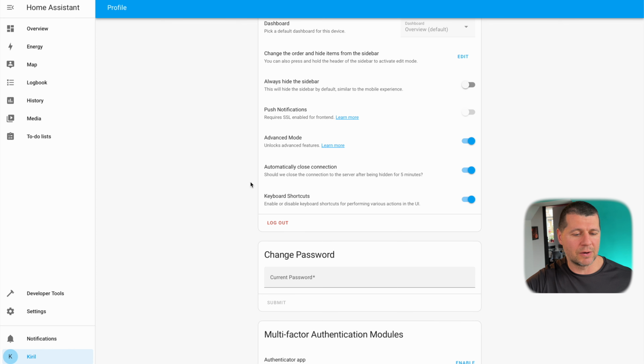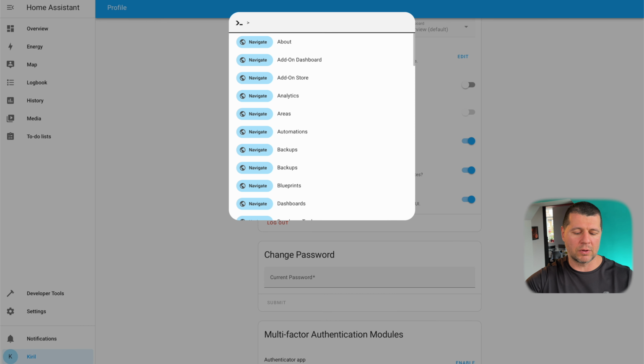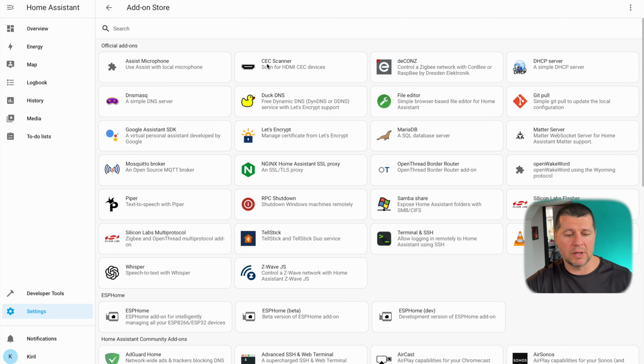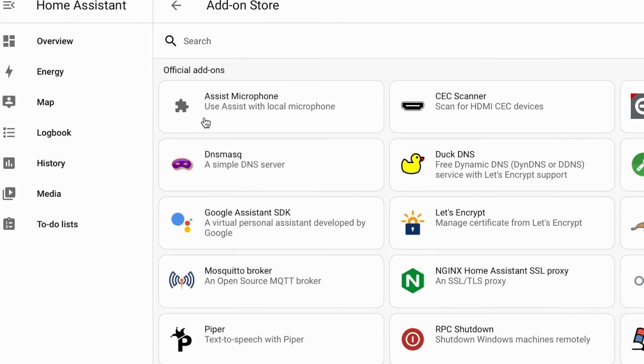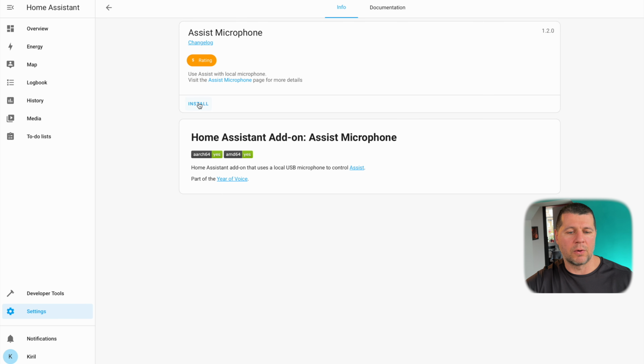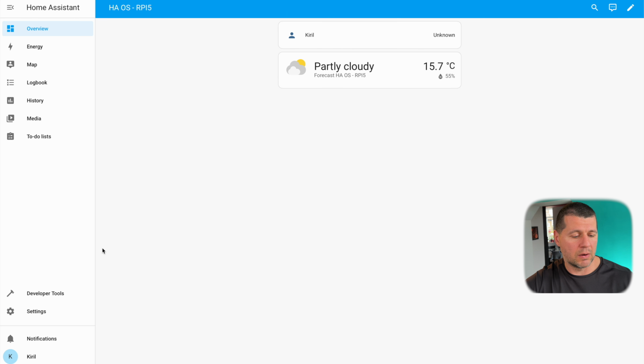Now, let's go to the add-on store. I'll press the C button on my keyboard and I'll type add-on and I'll select navigate add-on store. This will open the add-on store of my Home Assistant, and the first add-on of the official add-ons category is Assist Microphone. I'll click on it and I'll click on install, but before that let me open the system menu